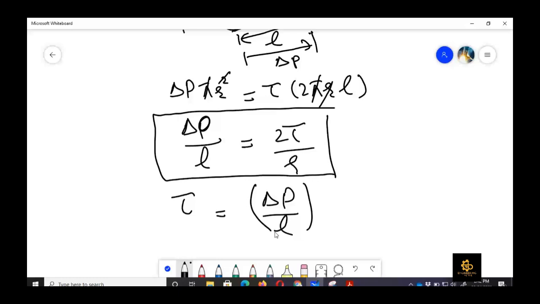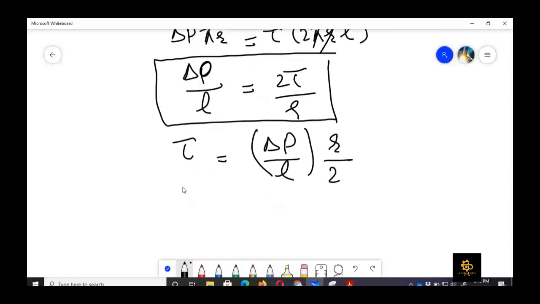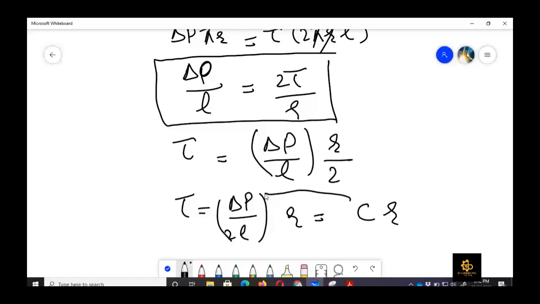So if we want to calculate what is tau in terms of radius, because radius, as I have just explained, is a variable value, tau would be equal to delta P upon 2L into r, and then we can call it C into r, and C is equal to this, which is a constant value. Here delta P upon L is known from the pump we have installed, and 2 is also constant. So if we want to calculate the value of C in terms of tau omega, we can easily do it, because we know that